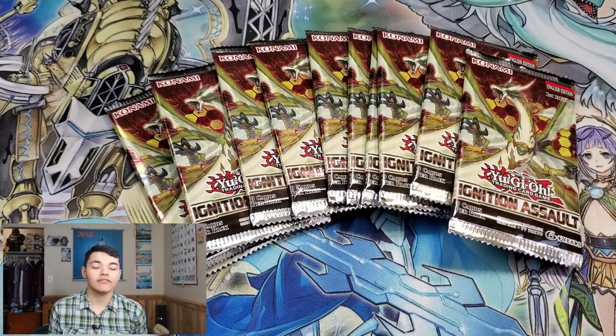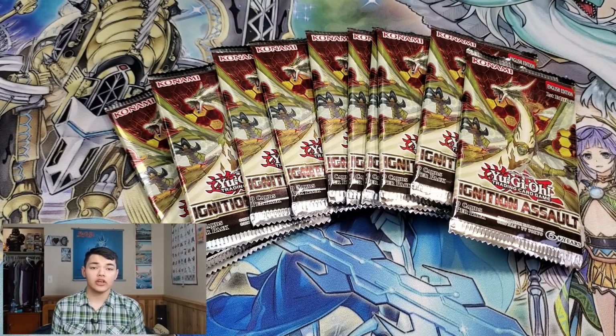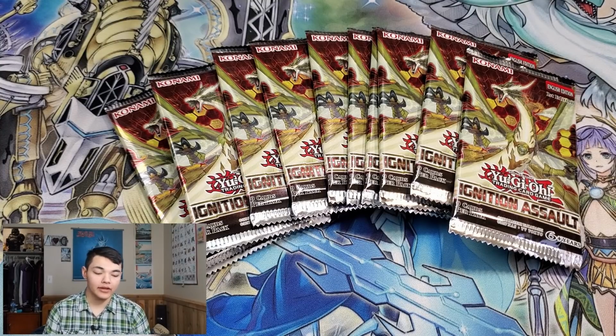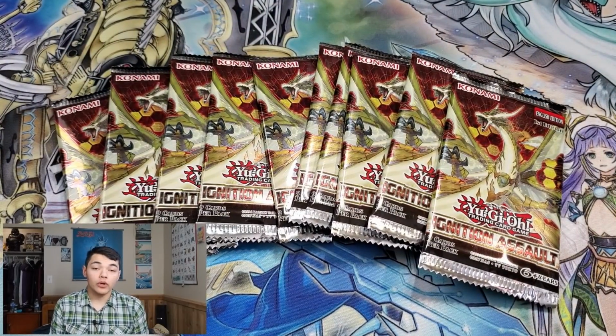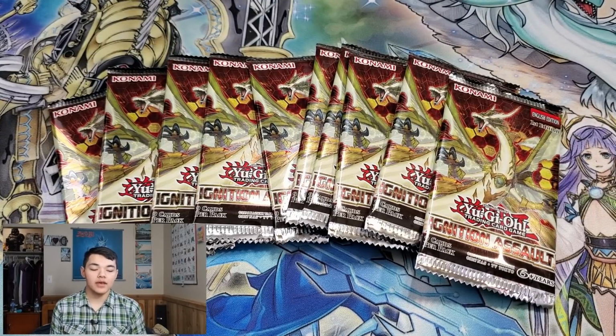And our product this week is 10 packs of Ignition Assault. Ignition Assault contains cards like Lightning Storm, which could be good staples in our decks, but mainly it has Jack-O-Bolin. Now, Jack-O-Bolin is a zombie card, and it's a super rare in Ignition Assault. It is really, really good in our deck. So we're gonna see if we can get at least one, hopefully more copies. It is a super rare, so hopefully we'll get lucky, open up multiple copies,